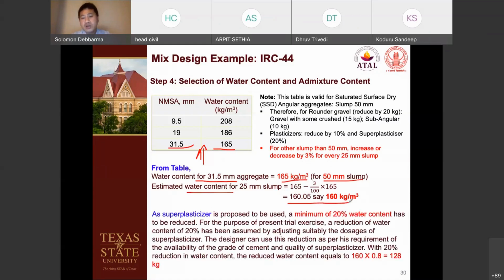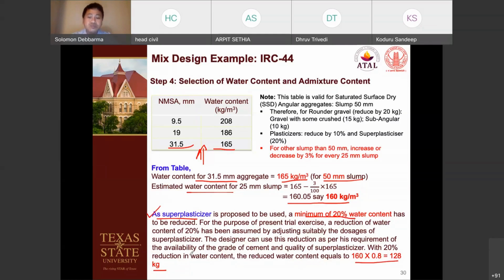So now, because the PQC mix has a very low slump of 25 mm, sometimes the workability might not be good. To improve the workability, sometimes it might be decided to use high range water reducing admixtures like superplasticizer. So if superplasticizer is proposed, let's say 20% of the water content has to be reduced. In that case, our water content comes to 160 times 0.8, which is 120 kg